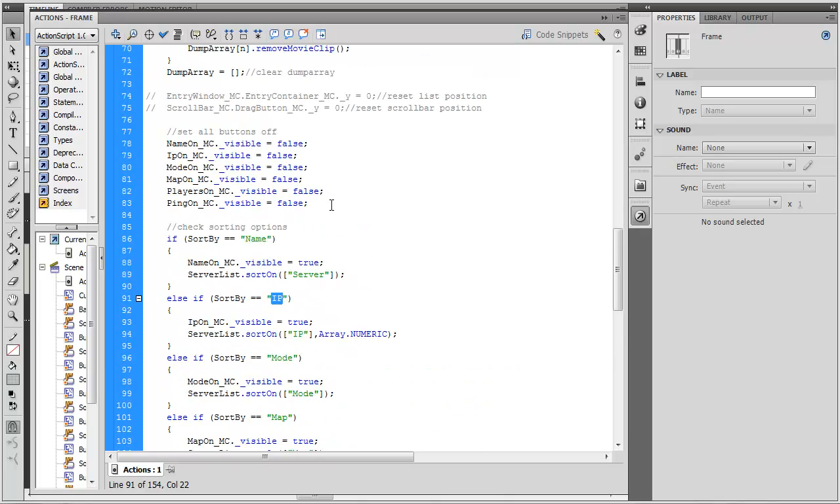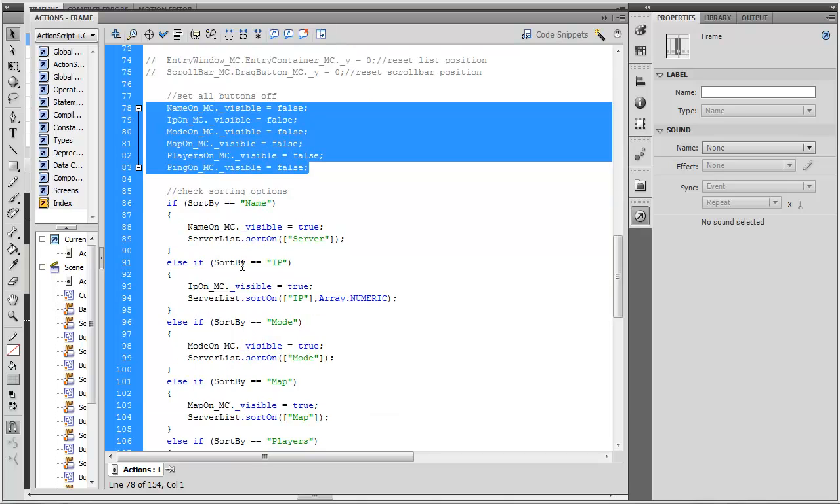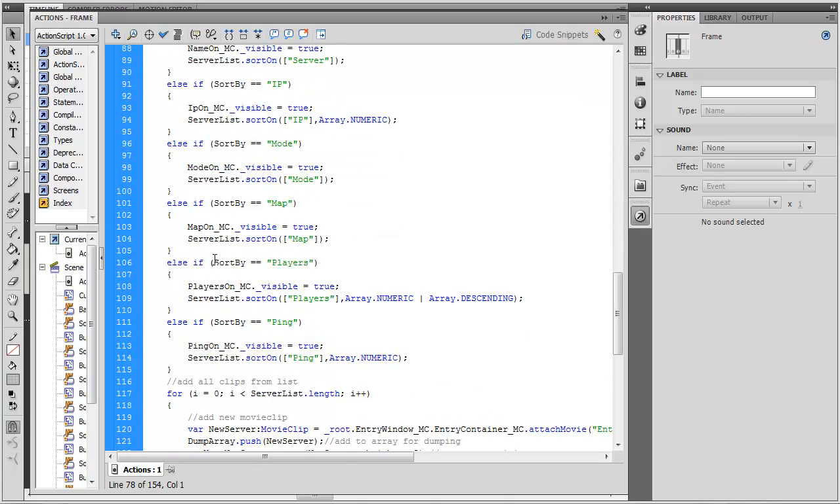First, I change all the yellow buttons to off, and then I check, okay, well, what is sort by equal? Well, if sort by equals players, then turn that one back on. So in essence, it turns off and then turns back on. Okay, now what I do is I use this function here,